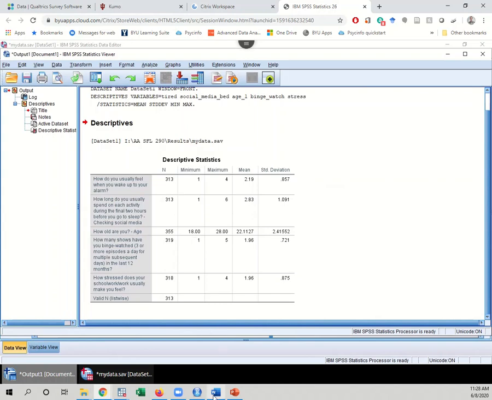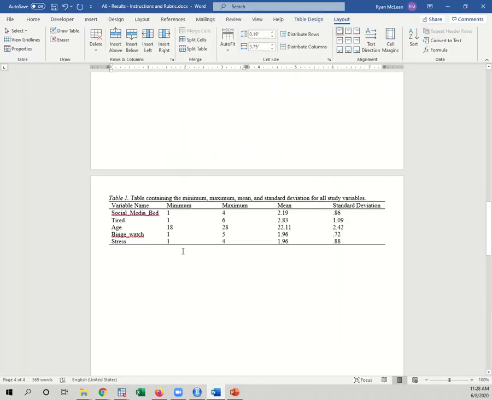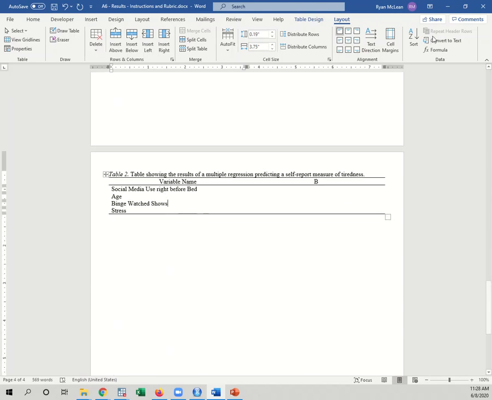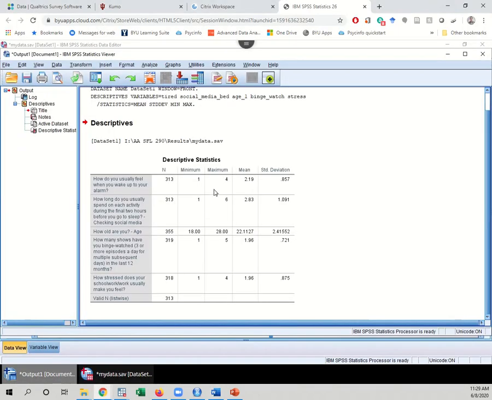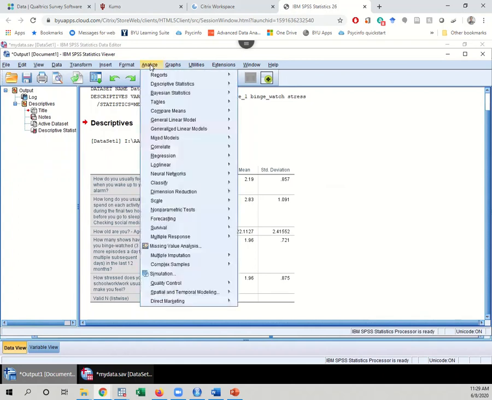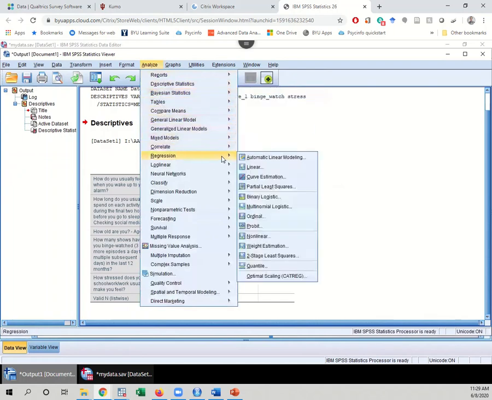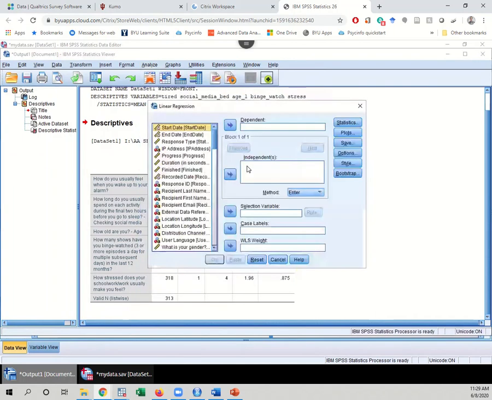All right, now that we have created our results table, it's time for us to create and actually run the regression that we want to have in our analysis. So again, we're on the output tab. That's where we're finding all of the output. If you want to just go up to analyze here, you can, and go to regression, linear. Your dependent variable goes up here,